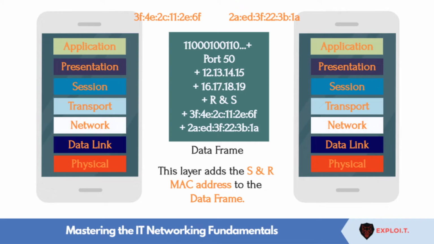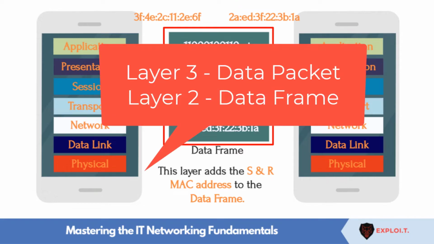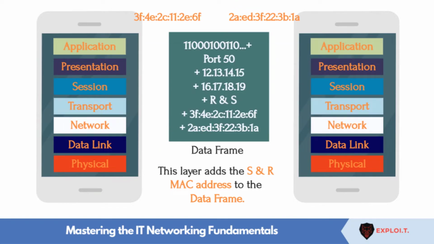to the data frame. Now one point to remember is that the message, or the green box that you are seeing, is called a packet in layer 3 and it is called a frame in layer 2. So when this packet comes to the data link layer, it is termed a frame. So this packet gets transformed to a frame. The data link layer adds the MAC address of the sender and the receiver to the frame, and then